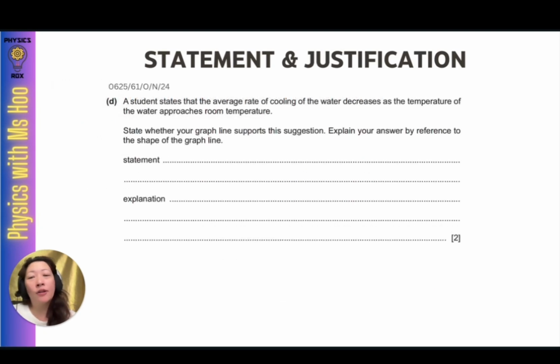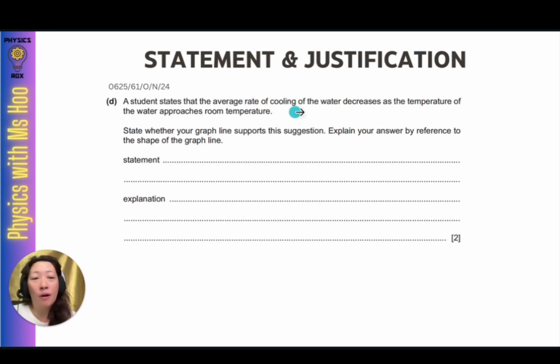So not only do you need to refer to the results, sometimes you need to refer to the graph. So for this question, a student states that the average rate of cooling of water decreases as the temperature of the water approaches room temperature. State whether your graph line supports this suggestion. Explain your answer by reference to the shape of the graph line. So again, because you need to refer to the shape of the graph line, whether the line is a linear graph or a curved graph, you need to talk about the shape of the graph and explain how this graph line